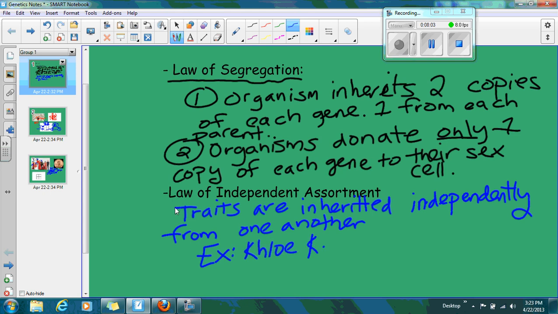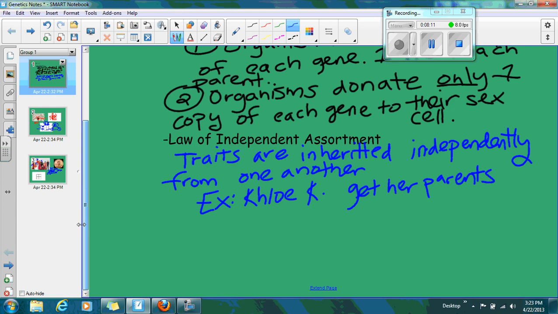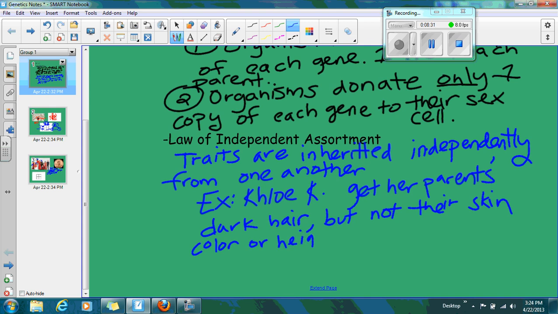Chloe K got her mom and dad, her parents, dark hair, but not their complexion, not their skin color or height. Her siblings received their parents'